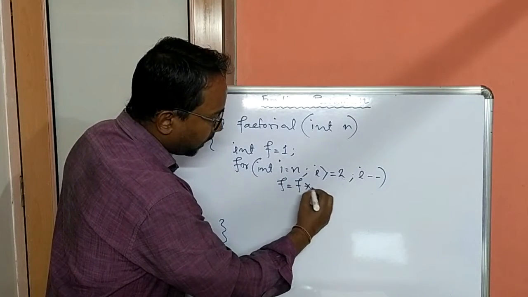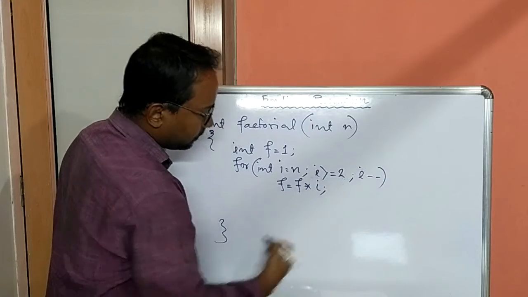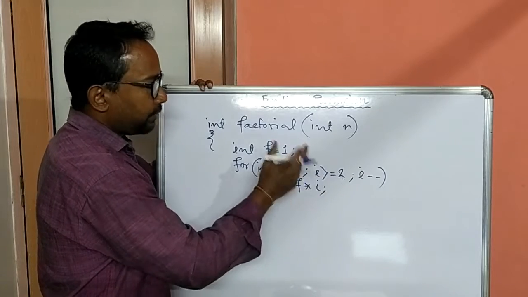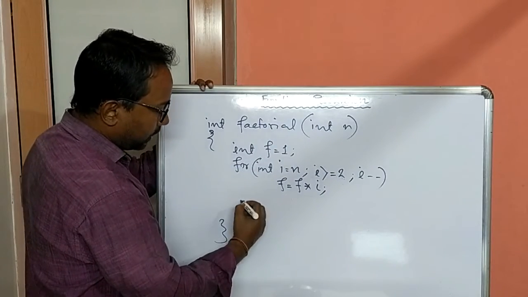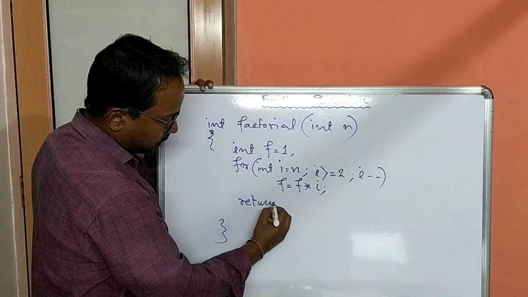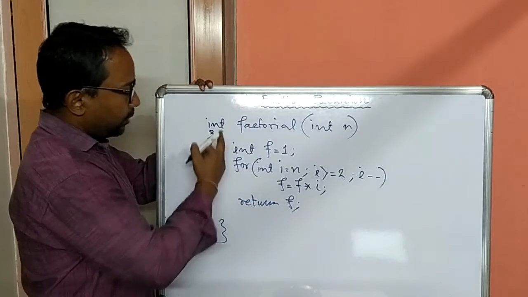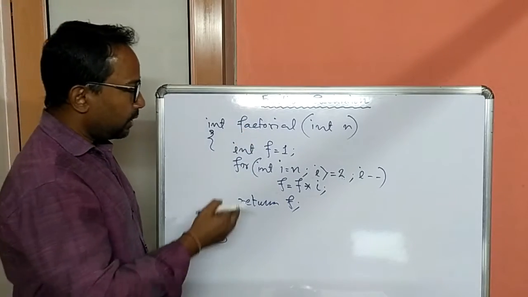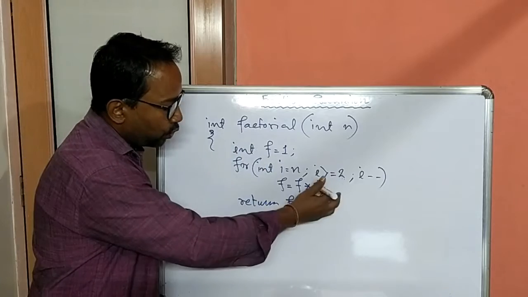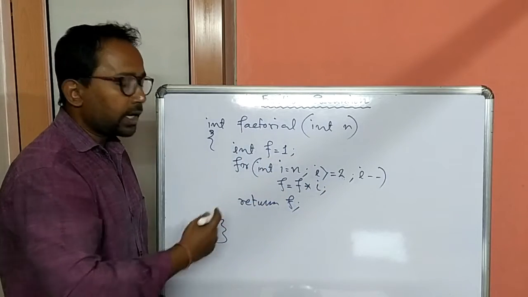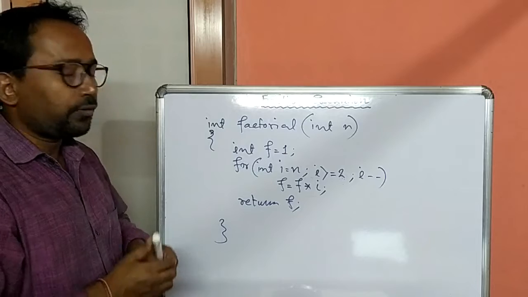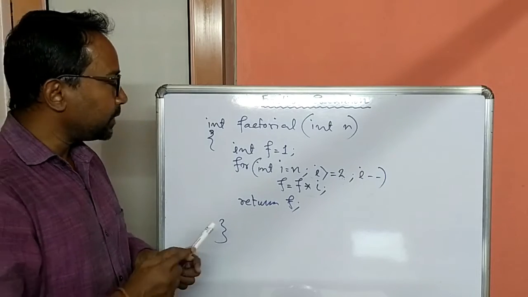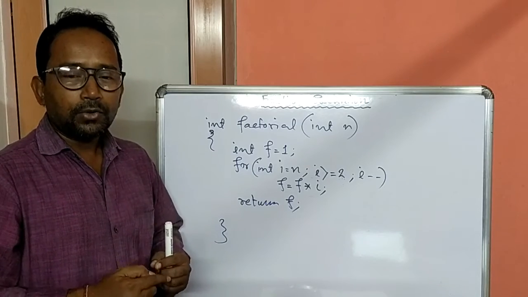Now each number we have to multiply with f. So that means we are finding out the product of all the numbers from n to 2, which is the factorial of n, that we have to return after the loop. Return f, because the return type is int. So this is the solution of this factorial function using a loop. It makes the code repeat more than one time. So here in recursion also we will execute the function body repeatedly more than one time until a condition becomes true. So that means the function calls itself repeatedly based on a condition.